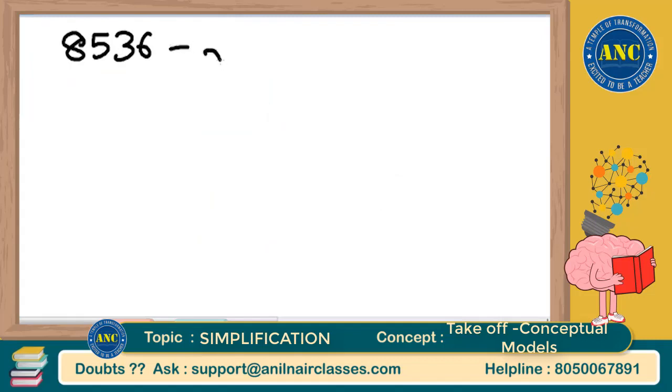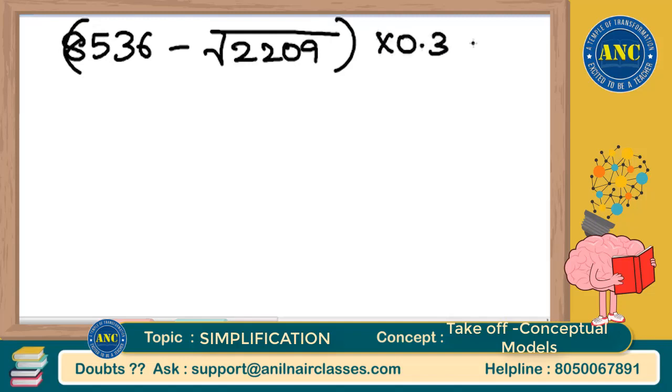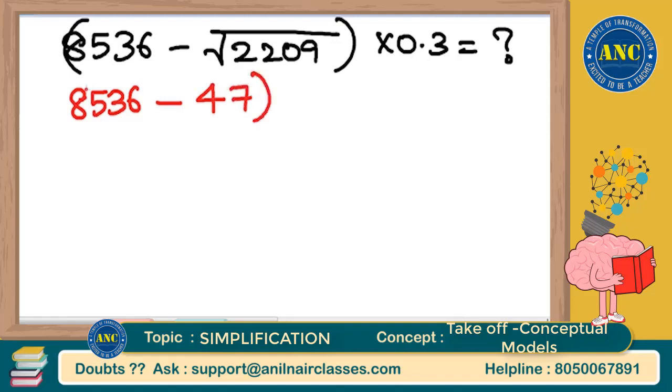8536 minus square root of 2209 into 0.3 is equal to question mark. 8536 minus square root of 2209, I already taught you how to find. It is actually 47. Into 0.3 is nothing but 30%, right? 0.3 is nothing but 30%. Now what I will do is